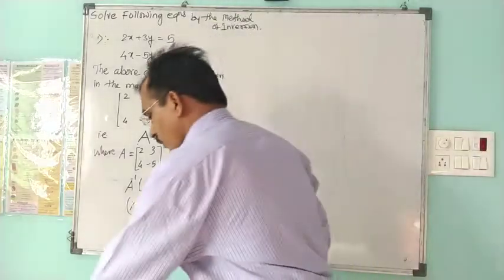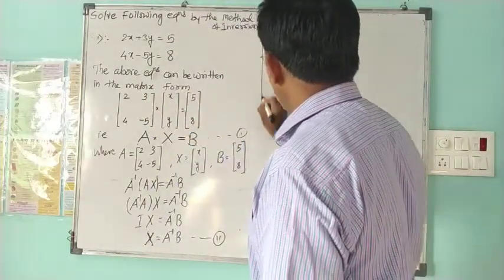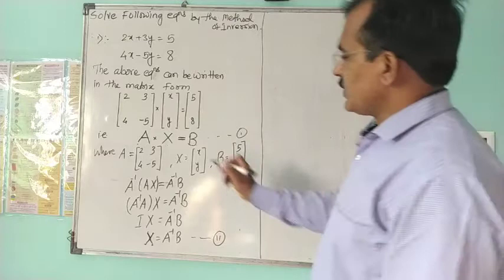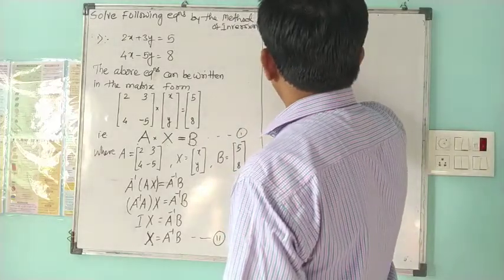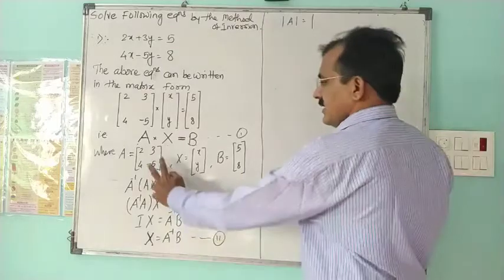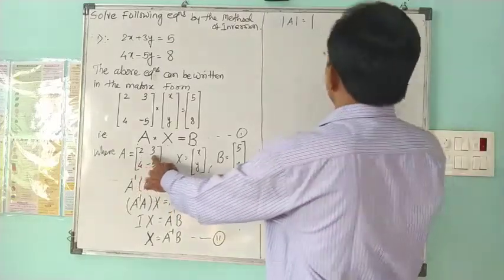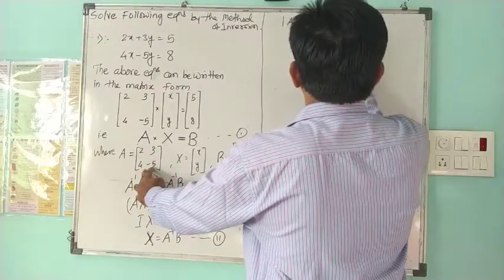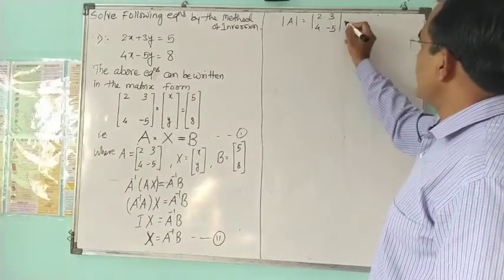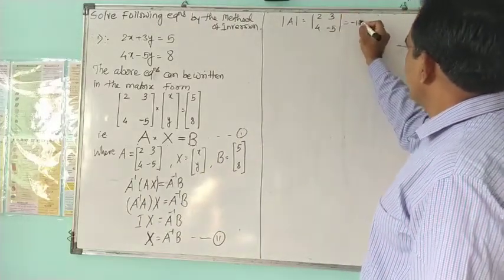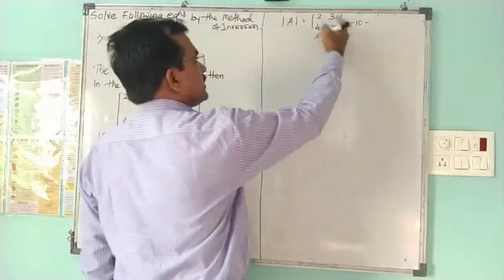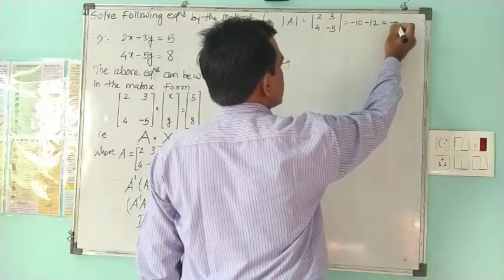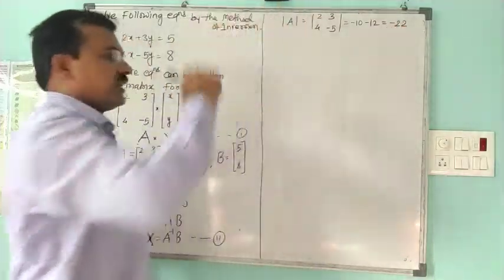For adjoint method, what are we requiring? We are requiring determinant as well as adjoint. So the available A gives us its determinant as, if this is A, then its determinant will have the same elements at same places with determinant symbol. So we will have this cross as minus 10, minus by formula, and 4 with 3 will be 12. So we will have this addition as minus 22. So determinant we are having.